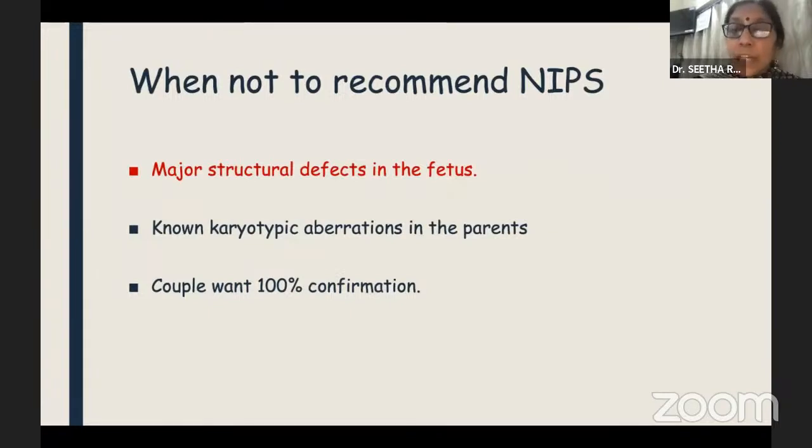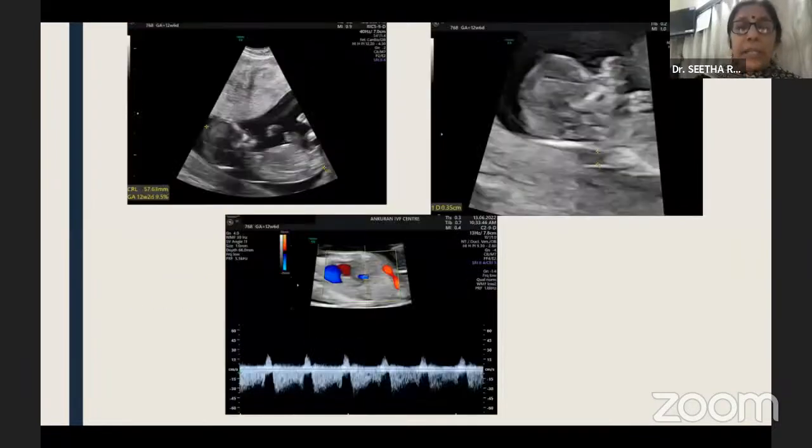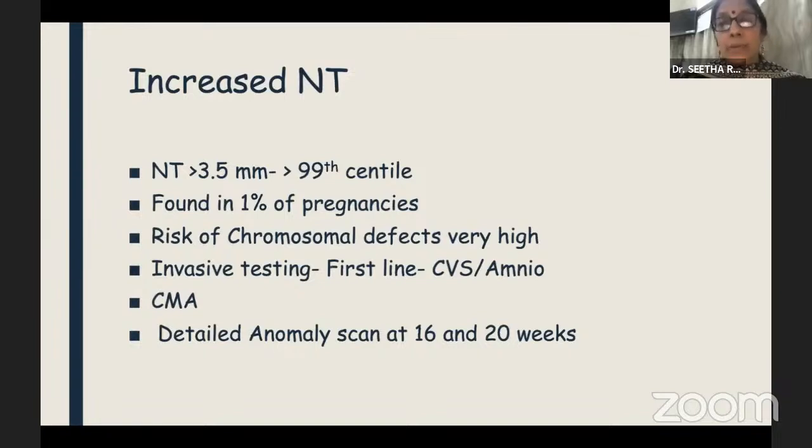But when you have a structural defect, please do not recommend NIPS, because that is not recommended for screening. This lady typically had a very high NT and had all these markers. So in these cases where, as I said, a structural anomaly is there, please do not use the biochemical markers, because that is going to skew your results. This lady would ideally need invasive testing to have a diagnosis whether this fetus has Down syndrome or not,